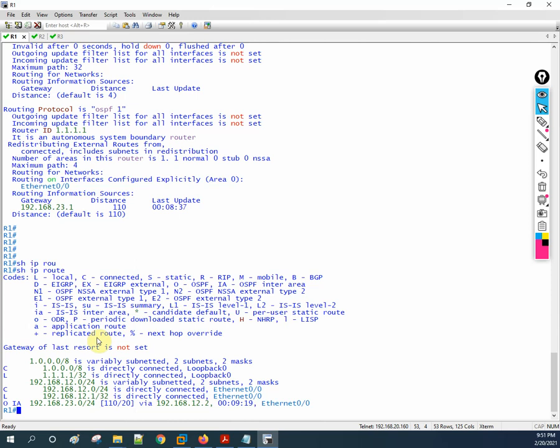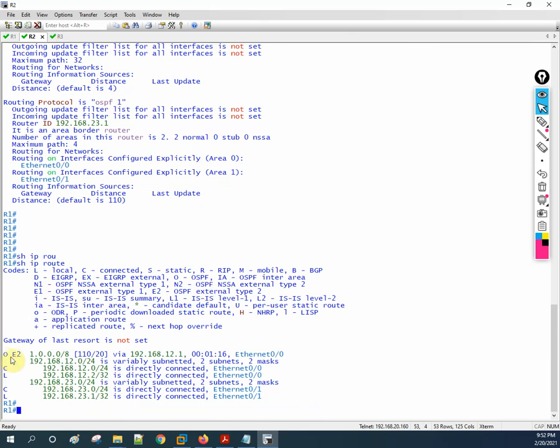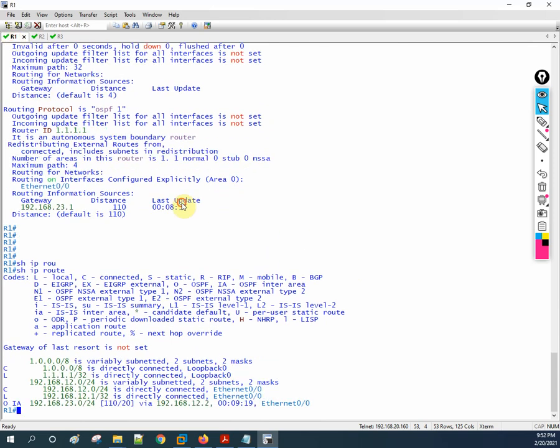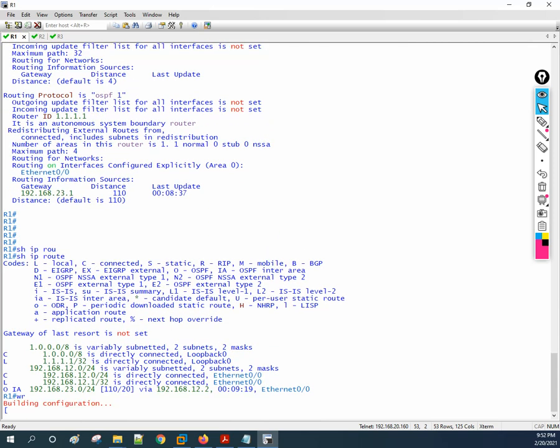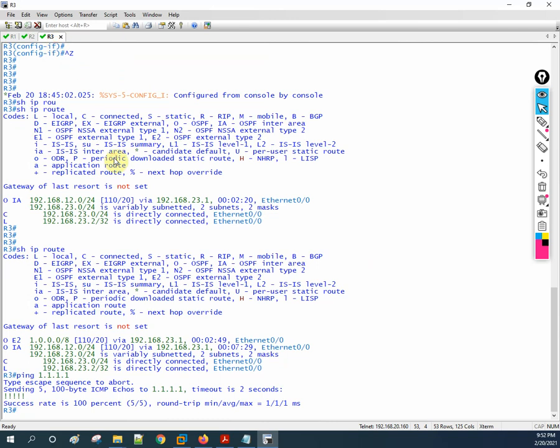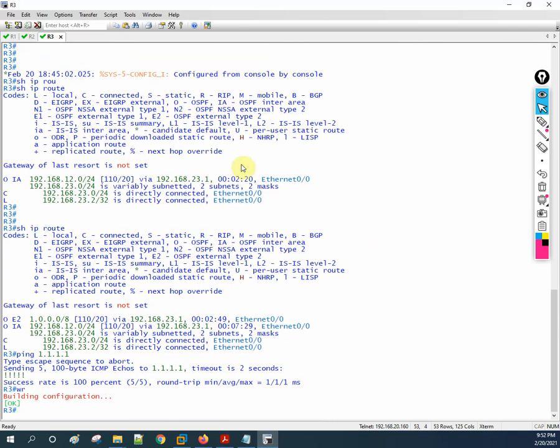Here we have the directly connected route as C. If you check in the other router, we have E2, which is indicated by OE2. I hope this is clear now. This is a multi-area lab. What are we doing in this one? We configured different areas, and we also brought some routes from external by doing redistribution.